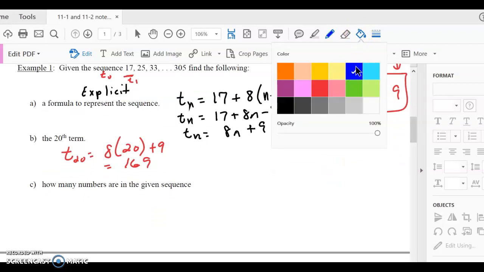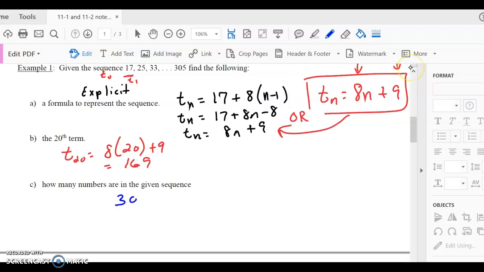How many numbers are in the given sequence? Well, we know the sequence ended with 305, so that was t sub n. We know the first term was 17. We know the difference was 8. And we have n minus 1. So we could use that formula, or we could go right to the formula